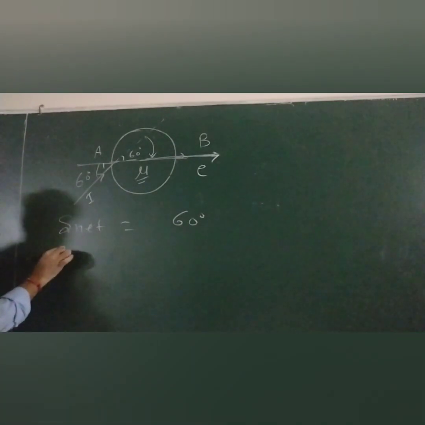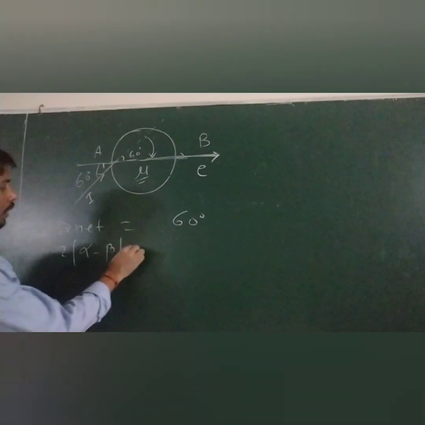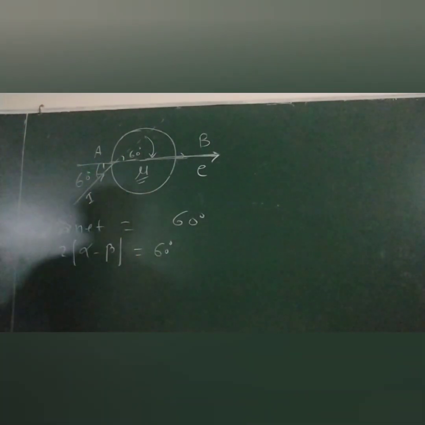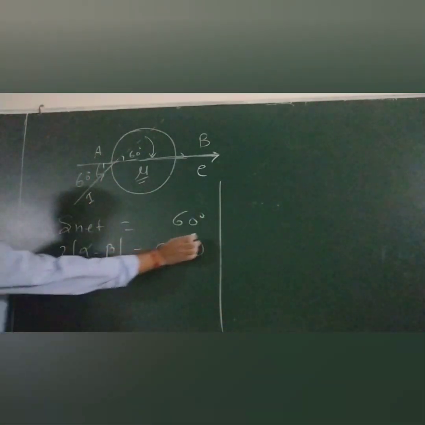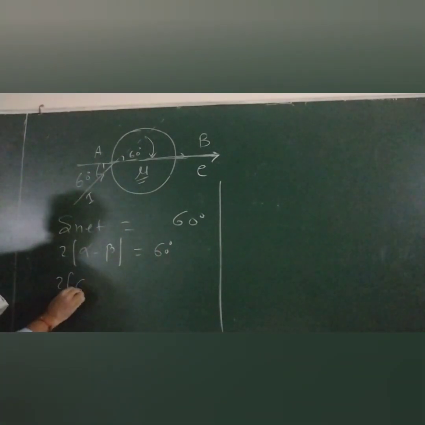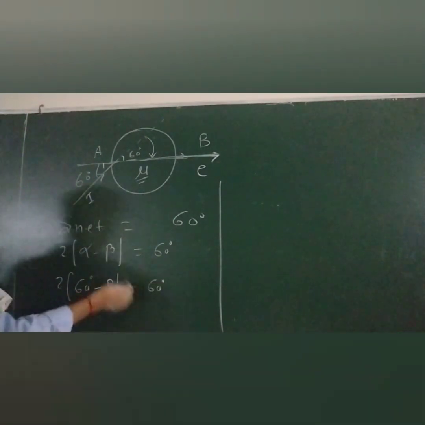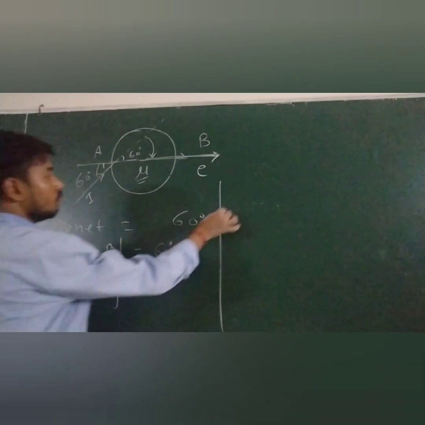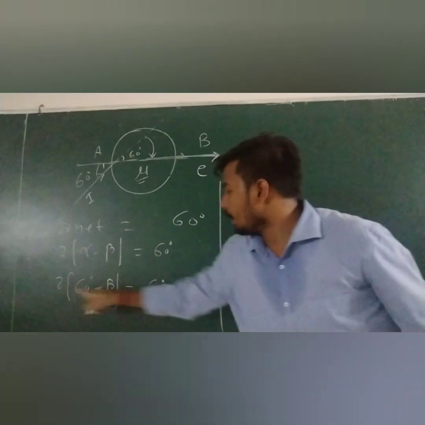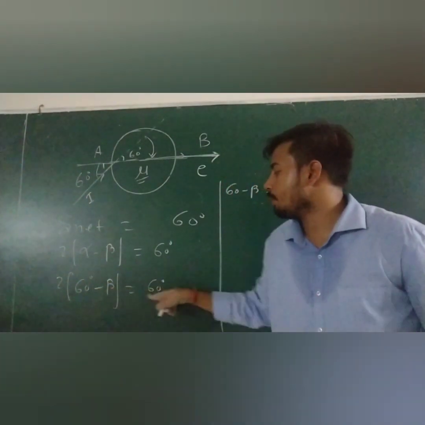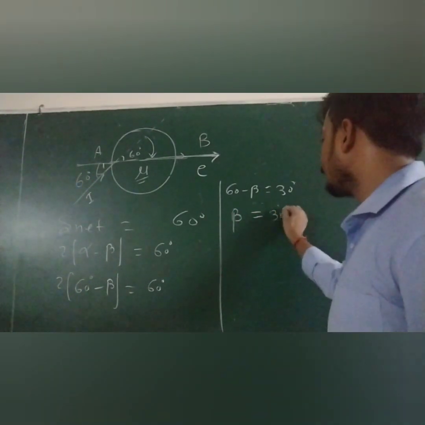Now what can we say? Delta is equal to 2 times alpha minus beta. Is there any mu? I think somewhere mu should be there. Okay, equation first, no issue. Now alpha is given. You can even write 2 times alpha, which is 60 degree, minus beta is equal to 60 degree. So find beta from here. This becomes 60 degree minus beta is equal to 30 degree. See, this becomes 30. So 60 minus beta is 30. So my dear student, beta is what? 30 degree, yes or no?